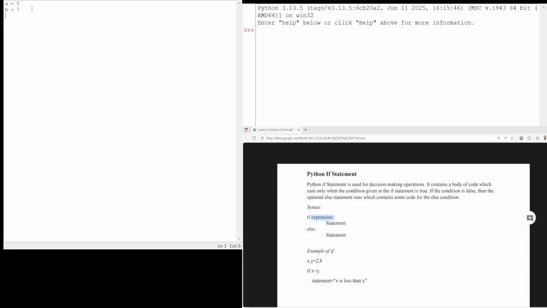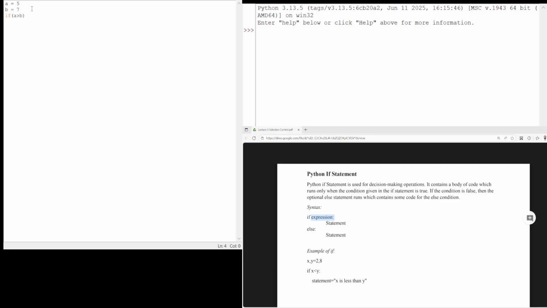Now what I'm doing is I'm writing if, you see the color of the keyword changes to a different one. And in brackets I will write A more than B, followed by a colon. Then whenever I press enter, if I have a colon, the indentation comes in. Now the cursor blinks at a particular position after leaving certain space. This is called indentation. So if I don't put a colon here and I press enter, the cursor blinks at